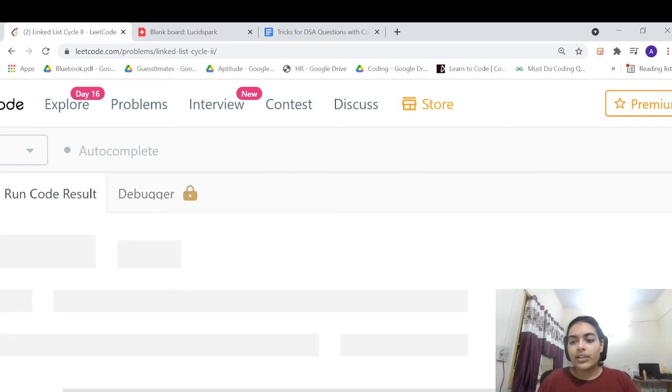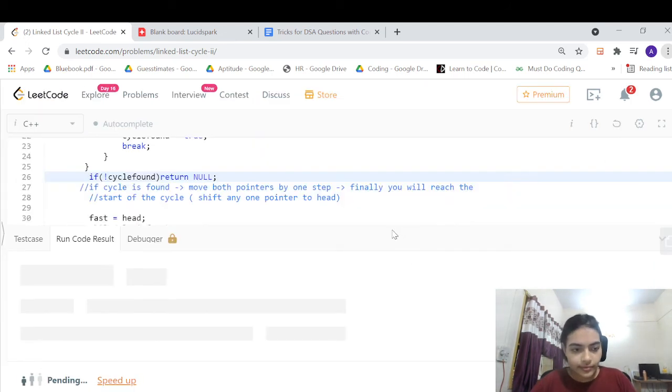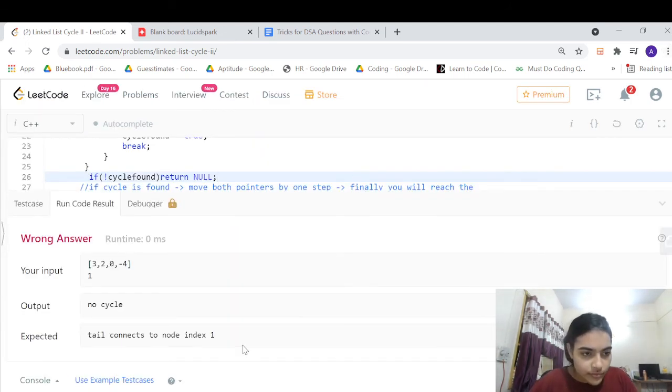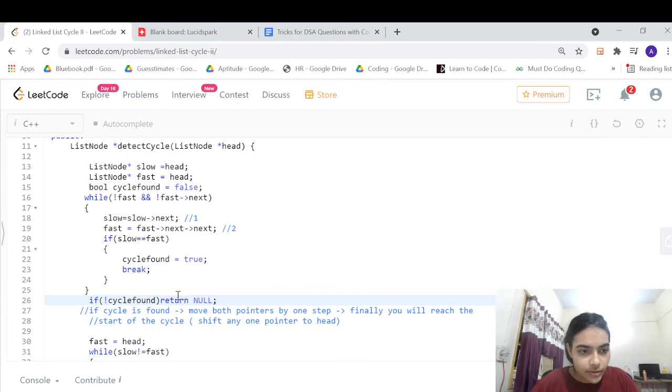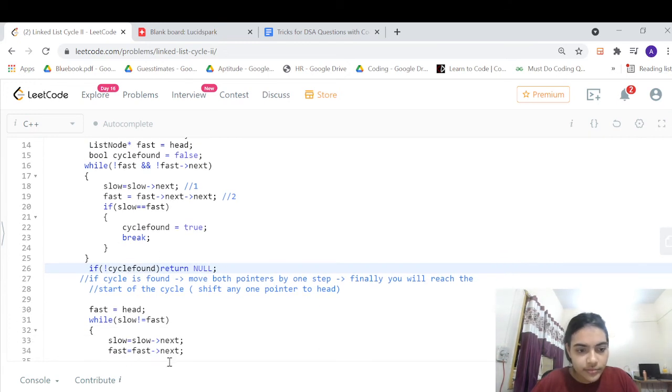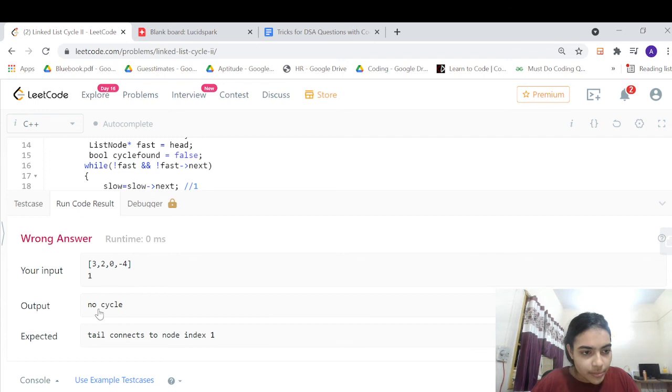Let us run this code and see if it is working. Okay, there is no cycle, but my algorithm is returning that there is a cycle. Let's see what the problem is.